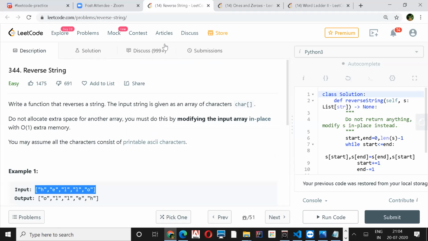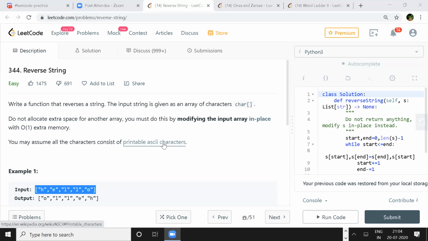So what would be the brute force in this? Reversing the string, right? Okay, someone is saying swap the first and last in the chat. Yeah, that will work. What else? Do we really have a brute force for this, or is it just a direct implementation? I mean, optimized and brute force both will be the same only, I think.